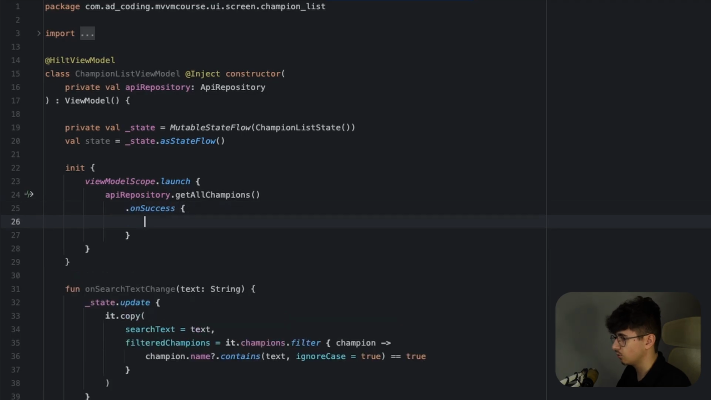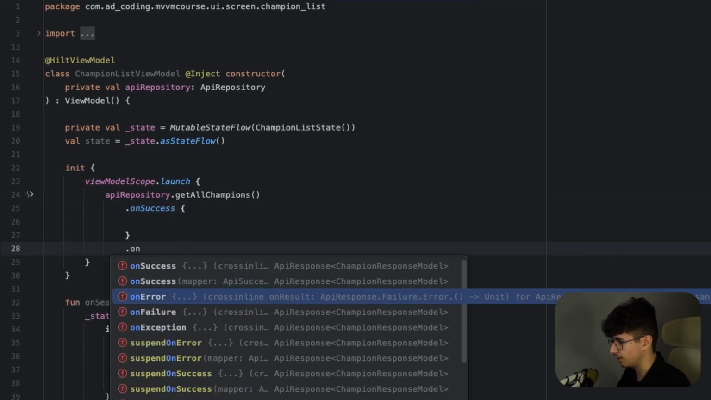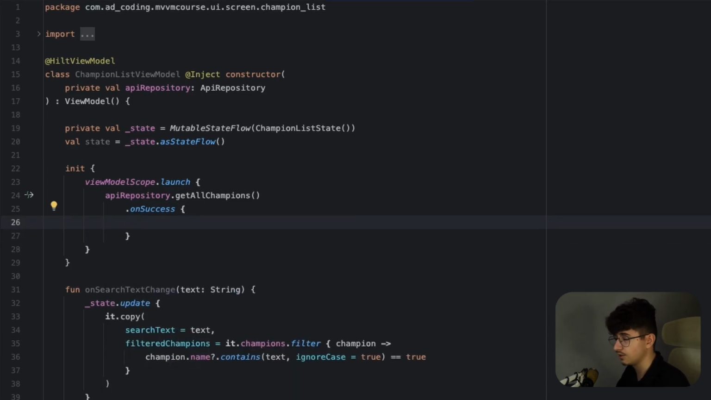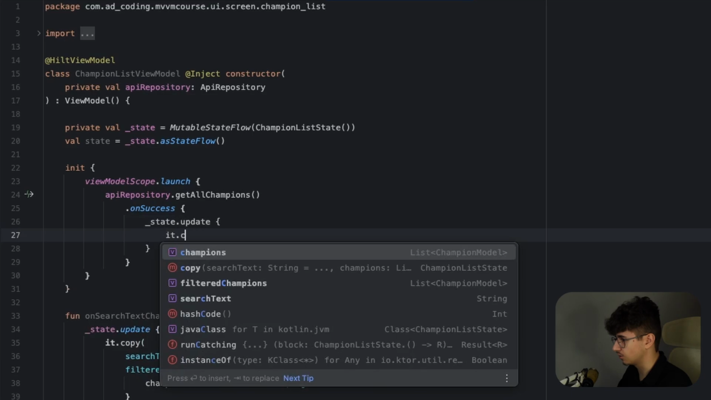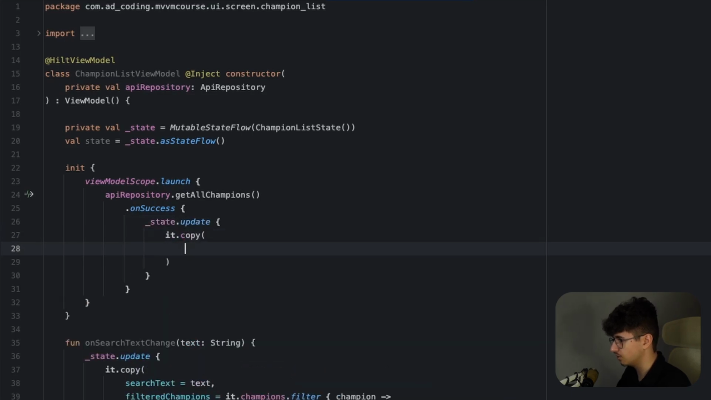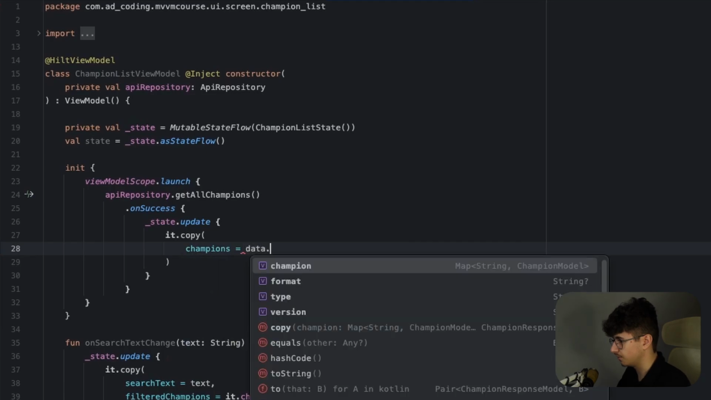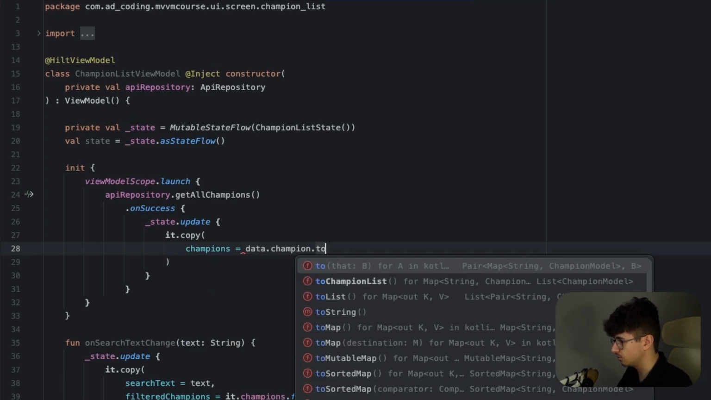now we can say .onSuccess and we can retrieve the data. You can also say onError and onFailure to handle the errors, but I won't do that here. It's your homework to do that, so I will continue with the onSuccess case. So let's say state.update, it.copy to update the state, and let's say champions is equal to